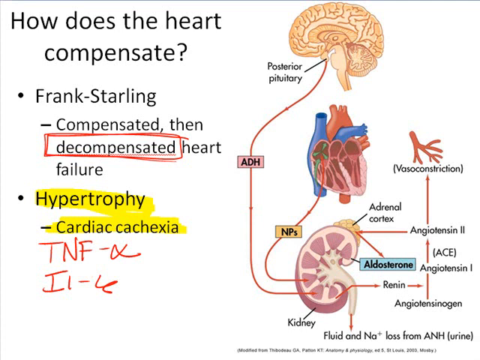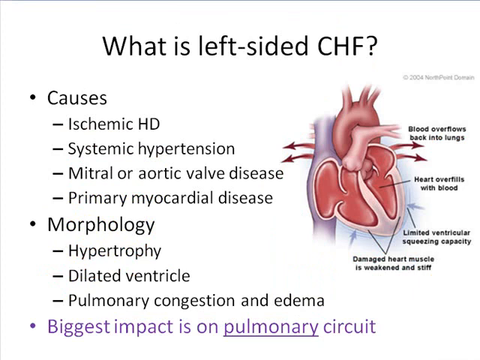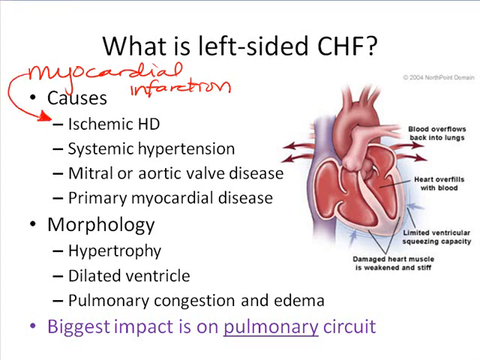Now, there are two different types of congestive heart failure. Left-sided congestive heart failure, right-sided congestive heart failure. Left-sided congestive heart failure is probably, well, I don't want to say it's more common. I won't say that. It's most commonly caused by myocardial infarction. I can say that. That's true. Okay, so myocardial infarction can often lead to left-sided congestive heart failure. So that's myocardial infarction is a direct result of ischemic heart disease. If I'm not getting sufficient oxygen, of course, to the heart tissue, that heart tissue can die.